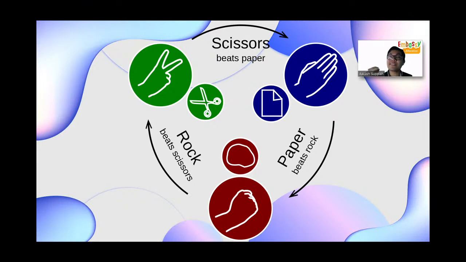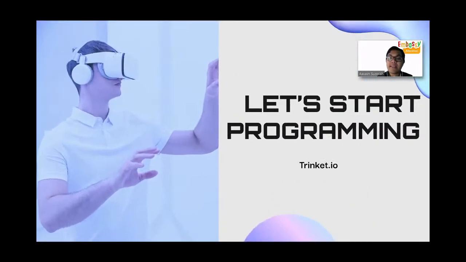Don't worry if this concept is new and it's still confusing. We will revisit this page again and again while doing the program, so you have a good reminder of the rules of scissors, paper, stone. With that, let us start programming our Python project. For those who do not know, please go to the trinket.io website to start programming. We'll be using an online compiler because I expect some of you have not installed a normal IDE, so don't worry.